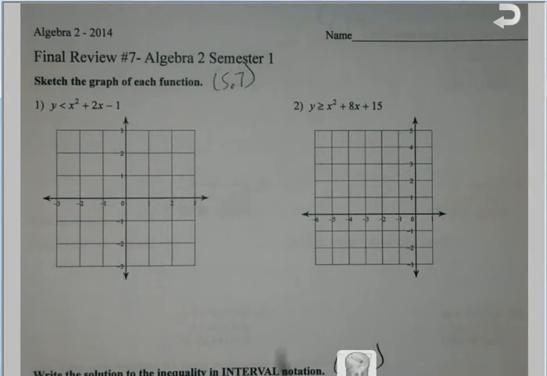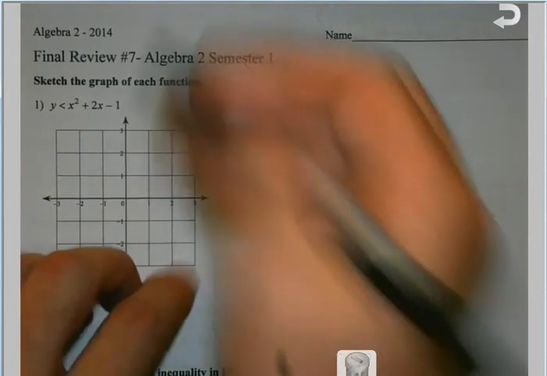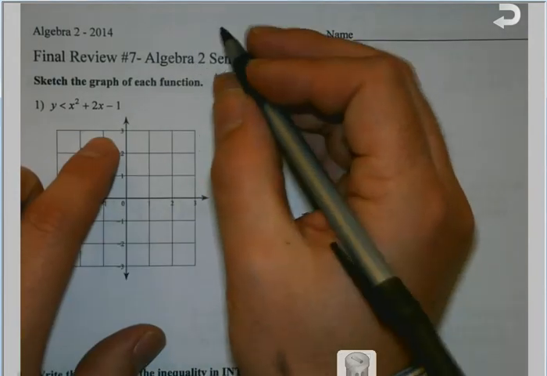Right, we are up to review number 7. Okay, our first problem here, we're looking at graphing a parabola. That's what a quadratic is, but we have the inequality arrow. So what we're going to do, as we normally would, we're going to go ahead and find our